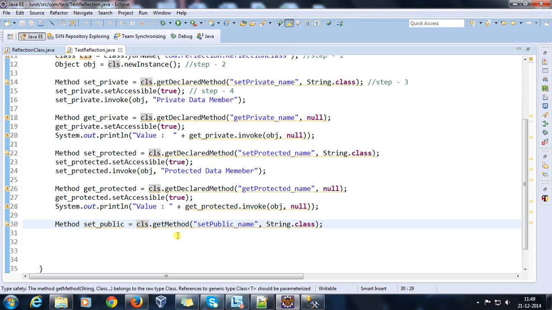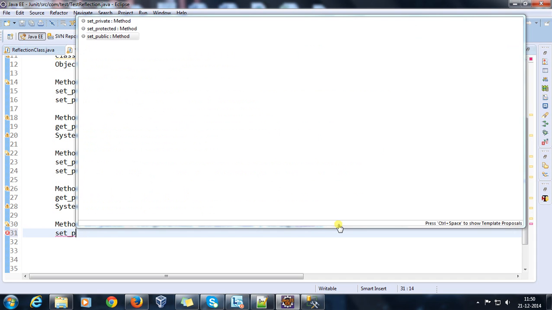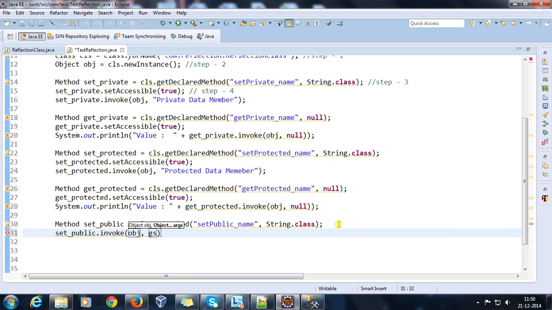As it's a public method and it does not have any restriction, we no need to call the setAccessible method, so you can directly invoke. So set_public.invoke object, and the argument will be public data member,